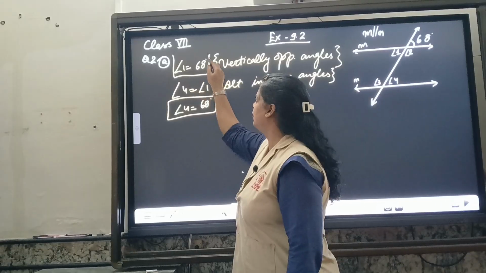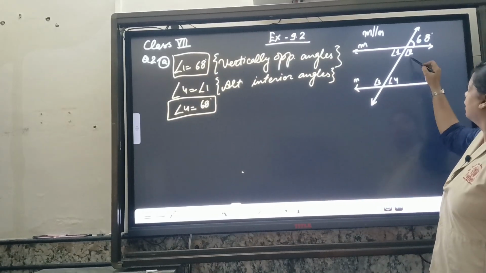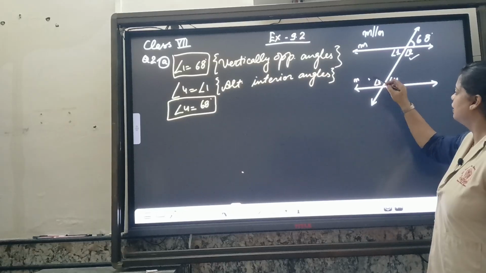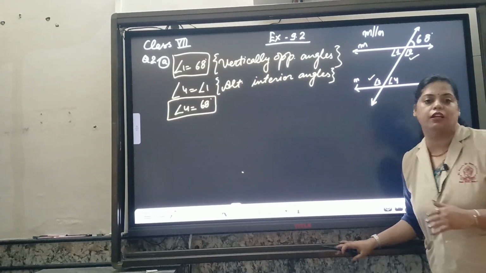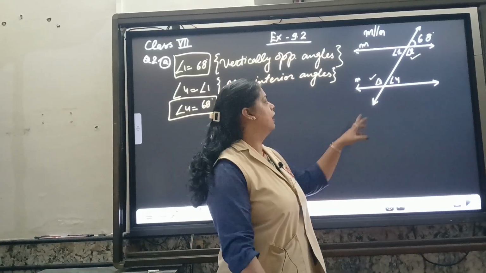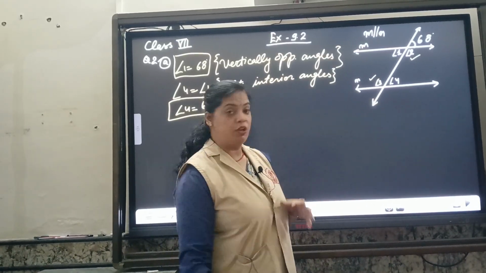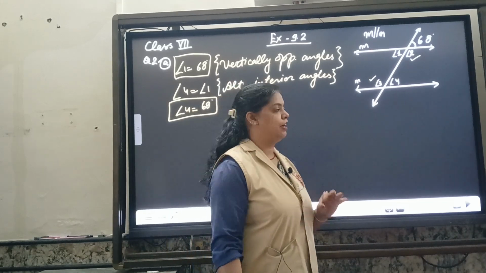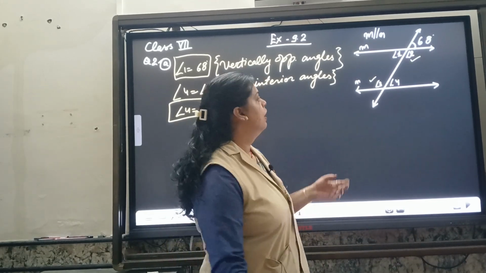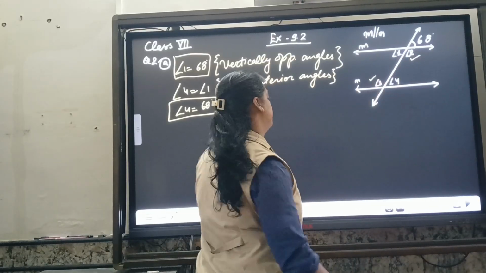Hence we have the value of angle 4. Here we have taken out the value of angle 1. What is the next one? Angle 2 is still remaining, and angle 3. Angle 2 and angle 3 have the relation of alternate interior angles. But do we know the value of angle 2? No, we don't know. But we have some other relation between angle 1 and 2, or we can say angle 68 and angle 2. What is the relation between them?